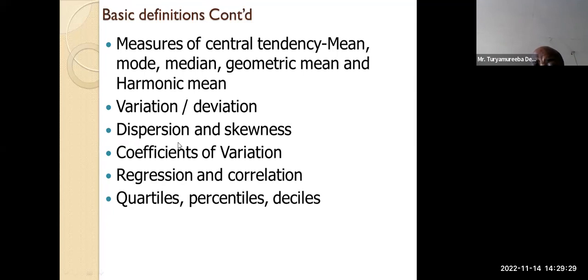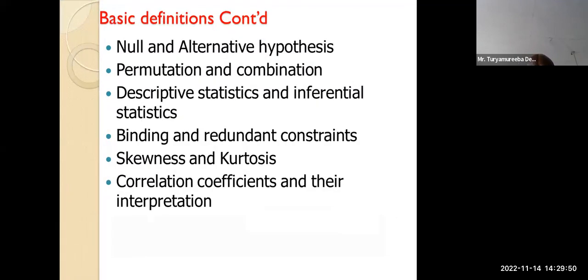Dispersion and skewness, you have to know the differences. You have to know where they are applied. You have to define them. You have to explain, and you have to interpret data in terms of that. Coefficients of variation, regression and correlation, quartiles, percentiles, and deciles. You have to make sure that you know those concepts. You can explain them even if you are met on the street and somebody asks you what is a percentile. Null and alternative hypotheses,